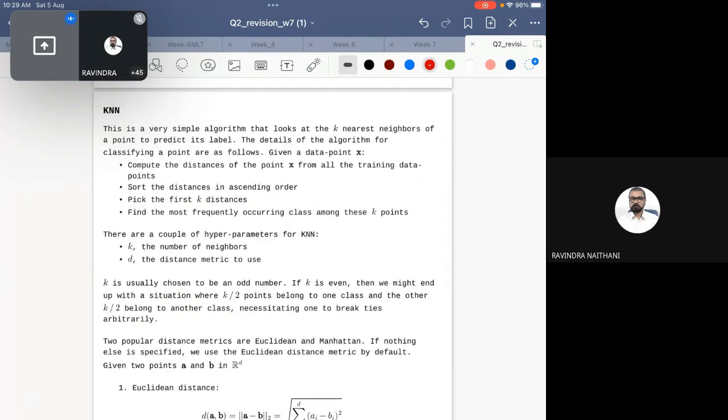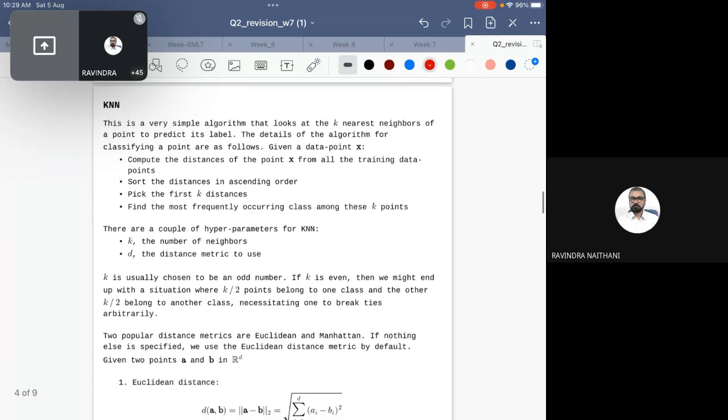And the KNN algorithm is a pretty simple one. The best part about KNN is that whenever you are given a data set, it doesn't remember anything. It doesn't train any model on your data set. It only calculates when you give a test data point. For example, you have a training data set of maybe 1,000 points. Whenever you give a new data point and ask the model which class this belongs to,